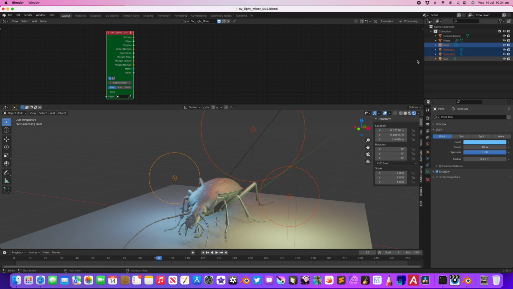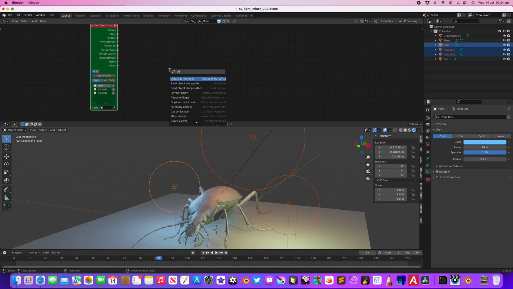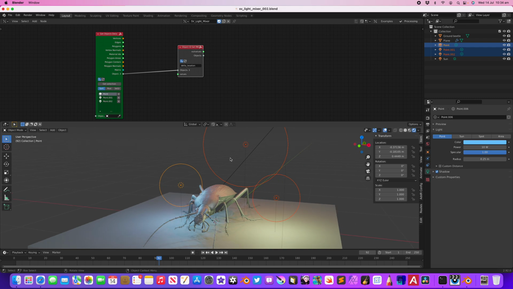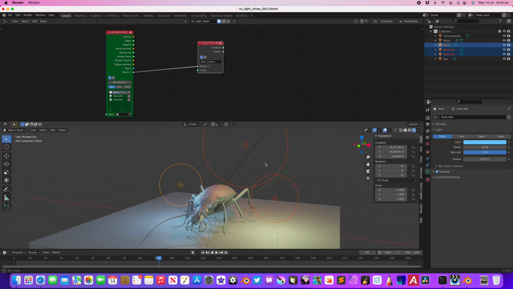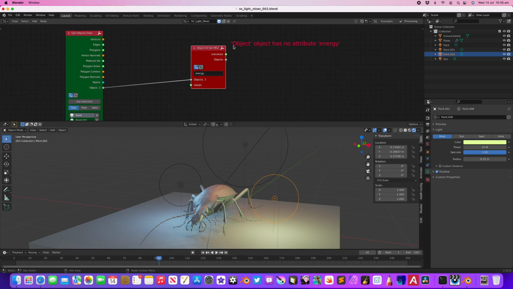I just didn't select the sun. So we have 3 lights, and then we use object ID set. We have a selector to filter our selections, but we can just use set for now. Pass in this object, and we can start playing with, for example, the power. So each lamp has this attribute called power. We just right click, copy data path, paste in here. It's going to complain object does not have attribute energy. We need to put data dot. Okay,